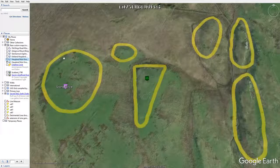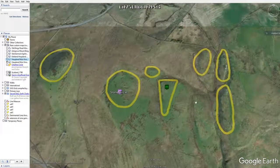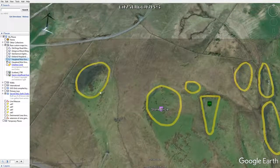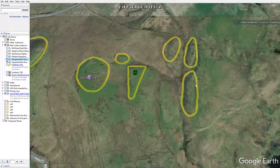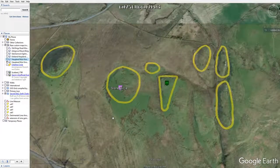Was this stone circle, which is about this size, but this mound, which is very circular in shape, this long barrow. And as we came back to look at the map later, we discovered some other elongated features which may or may not be anything, and we haven't been back up there to confirm. But my main point in showing you this is that there's so many things out there that are not marked on any maps,